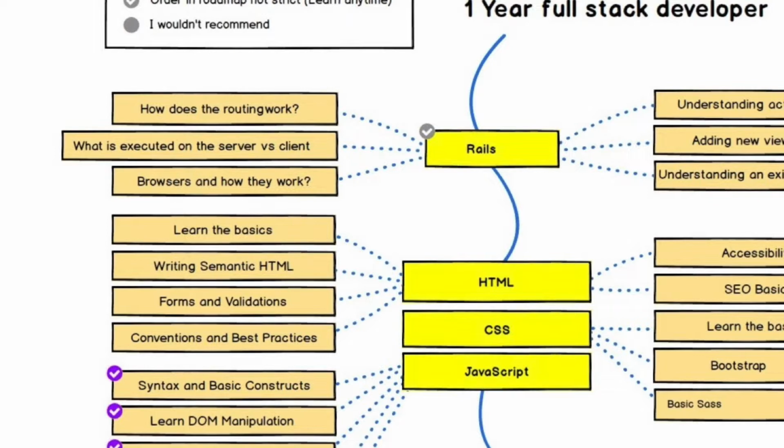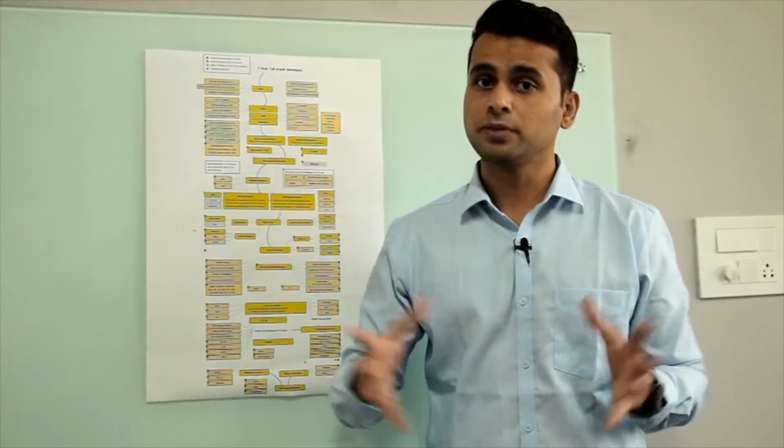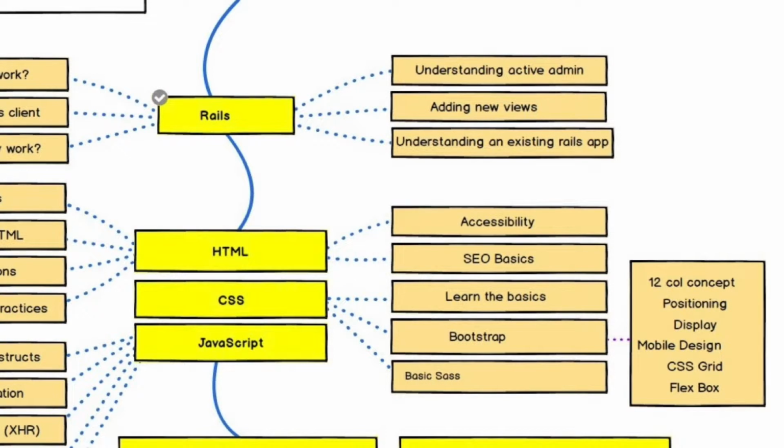how they work, understanding Active gems. Active gem is a very popular gem of Ruby and this is just an example gem that we have taken, but you will be understanding a lot of different gems and how you can integrate them into your code base. Adding new views, understanding existing Rails applications, because as much as it's a skill to read and write new code, it's also a skill to read code that already exists,